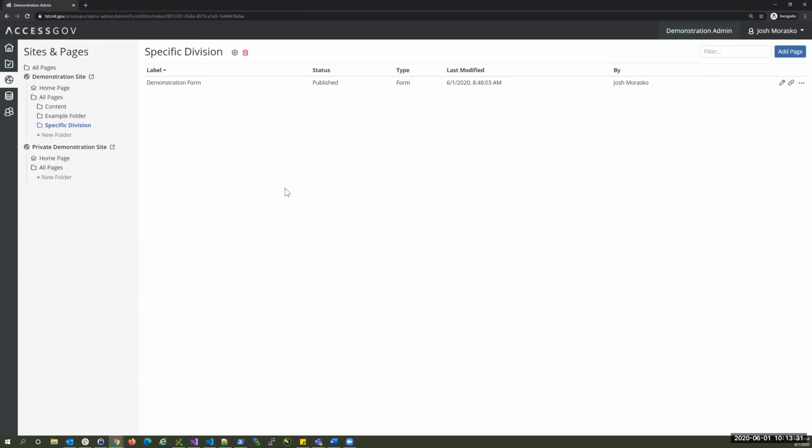Another feature that we have introduced here to give you some more flexibility is that we've had a lot of people who want to be able to move pages from different folders or sites to sites. In the past, you had to call us up to do that for you. We've actually introduced it for each page here. When you click on the little ellipsis over here, your page editors and your admins will have the ability to move these. So right now, this is within,